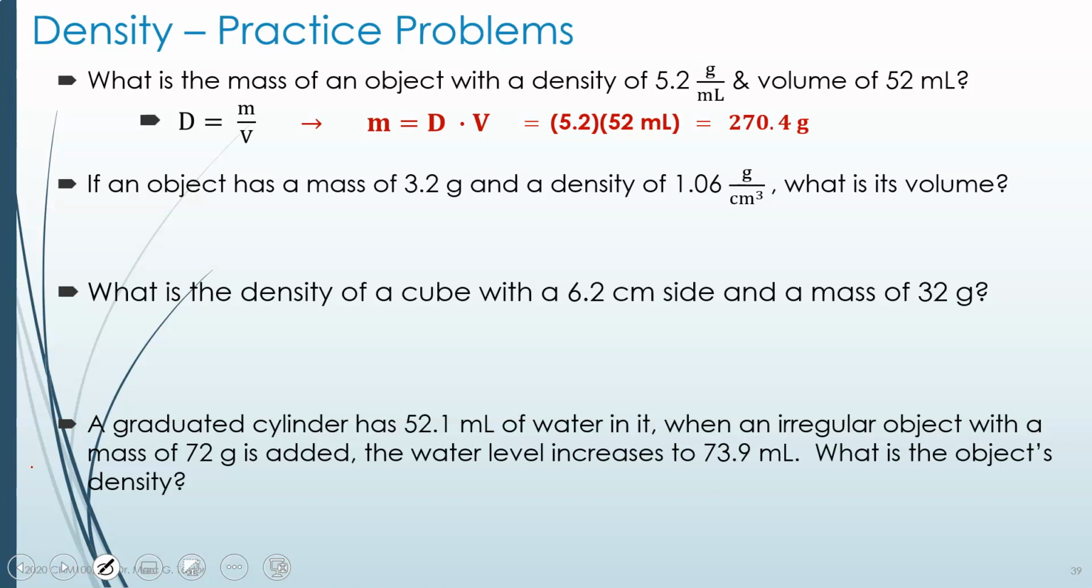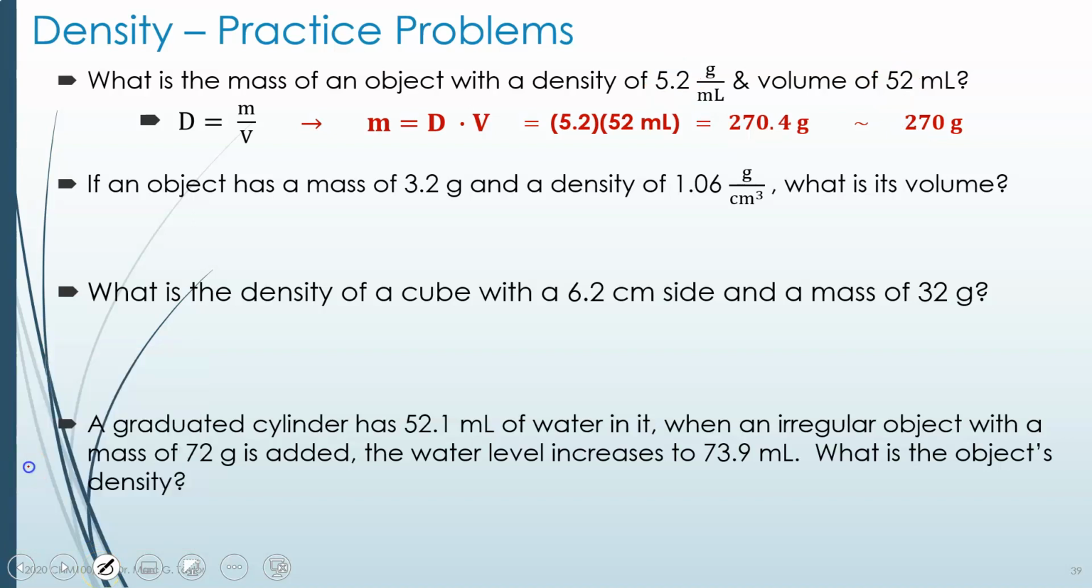And I didn't put in the unit for 5.2, I should have, but you would see that the volume cancels volume, and the only unit left would be grams. It would be 270.4 grams. However, notice that we have 2 sig figs here and 2 sig figs here, so our answer should have 2 sig figs in it as well, and therefore we would round it to 270 grams, which has our 2 significant